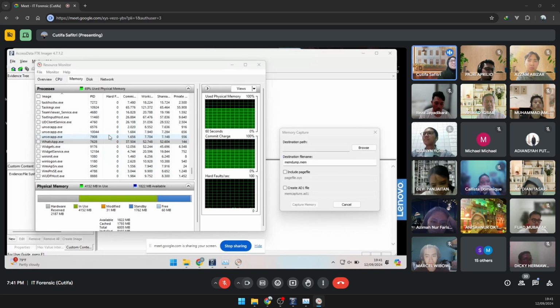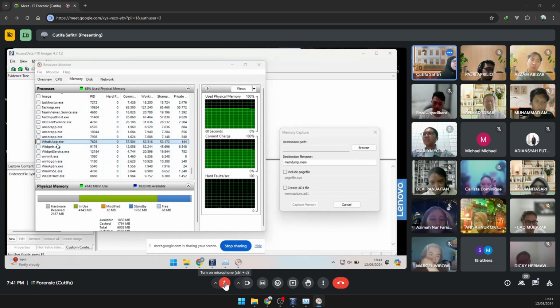No one is going to be opening their WhatsApp on a computer that is open to the public, right? So why is WhatsApp running? This is memory. Memory is live information. This is live information of your computer. Now we know that WhatsApp is doing something in the background. Do you see me opening WhatsApp? No. Who would dare use WhatsApp on a public laptop?